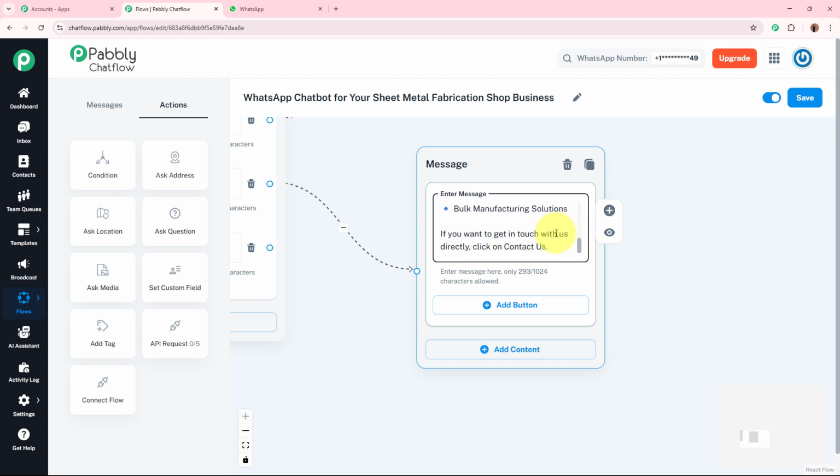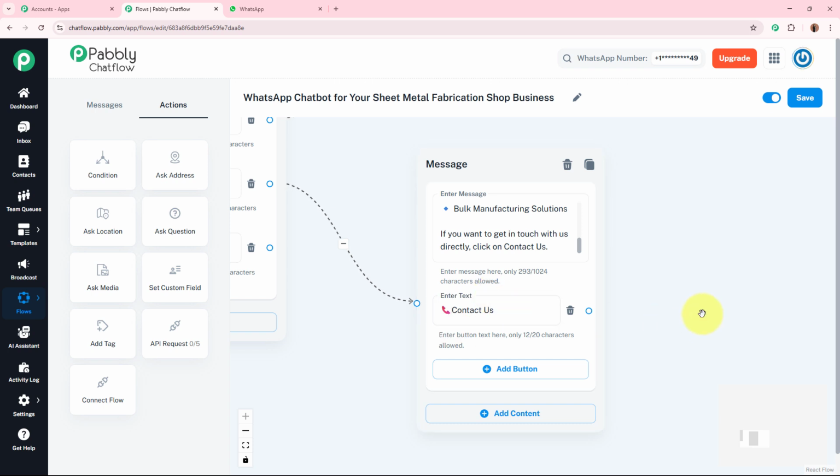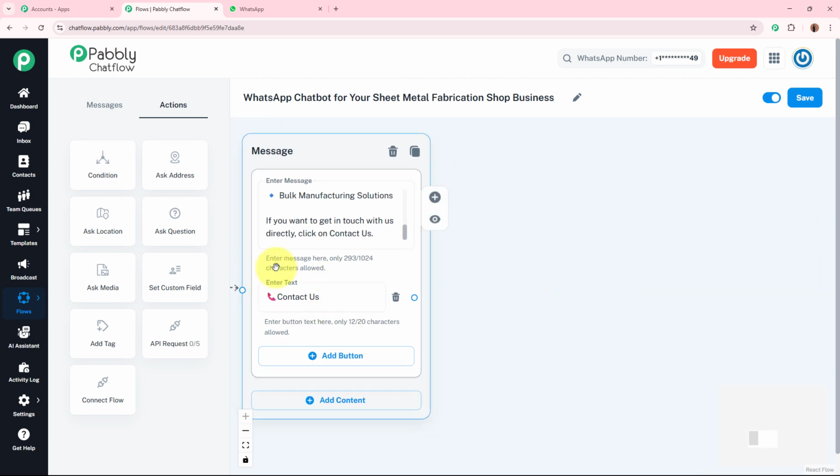If you want to get in touch with us, directly click on contact us. For this contact us, I'm going to add a button over here of contact us. So I'm going to do that. Using this button, a customer is going to receive our email address and phone number to which they can directly contact us. Okay. So now for the message of this contact us, drag this button point and drop it in